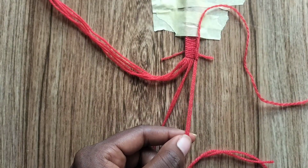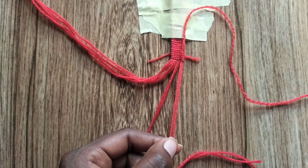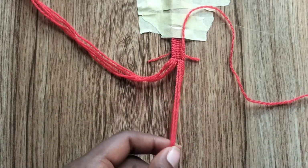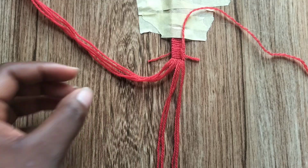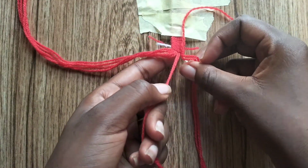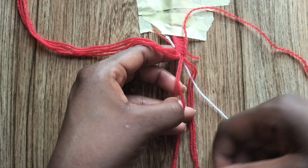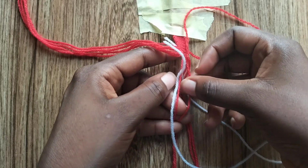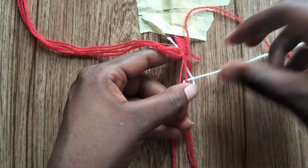Now I've shown you how to introduce strings, so that's what we're going to be doing. But this is going to be with a little twist. So we're only going to make 2 knots of white. So I'm going to show you what I'm going to be doing. So I will first switch to my white string. I do that by making the first half of a backward knot, then passing the red string through that knot,